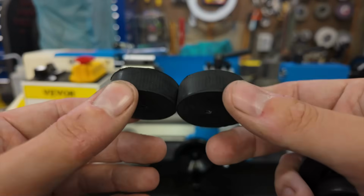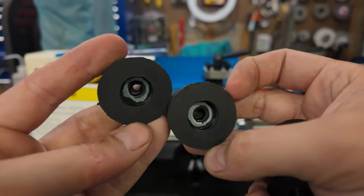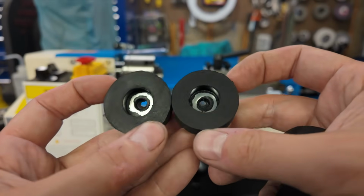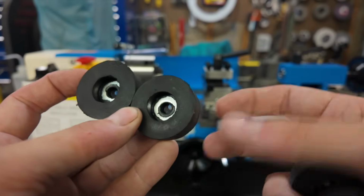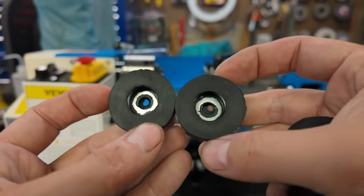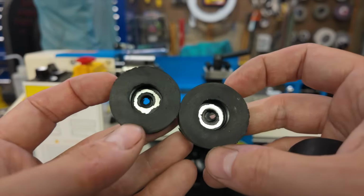This lathe does come with these 4 little rubber feet, and I guess the idea is maybe you install these feet and they're supposed to help isolate some of the vibration and keep it from sliding around. But honestly, I don't really see that happening. In my opinion, this machine really does need to be bolted down securely, not only for safety reasons, but